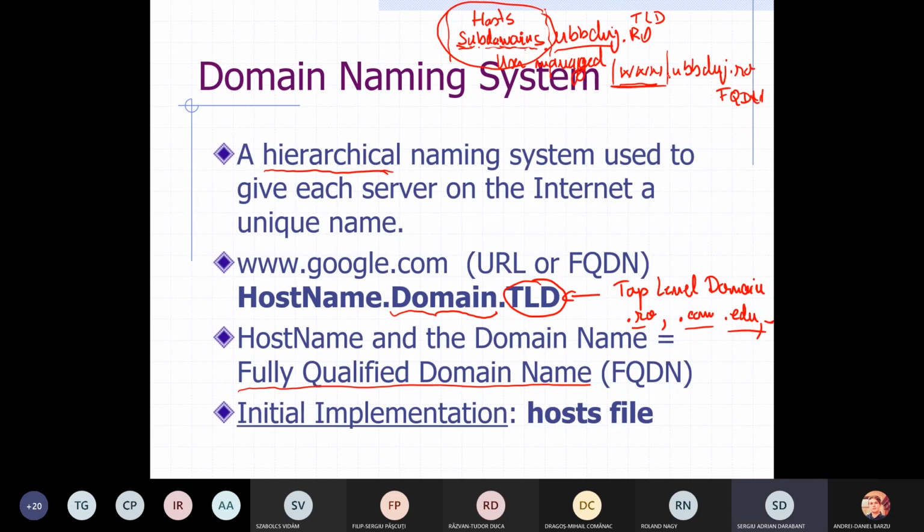So there is a need to have this naming system, and the initial implementation at the beginning of the internet wasn't distributed at all, or it was distributed, but each one had a local copy, if you want, of a master database file, and it was a so-called host file. And this host file